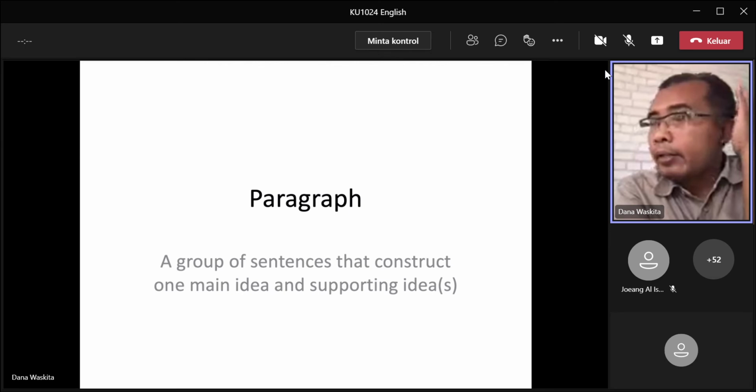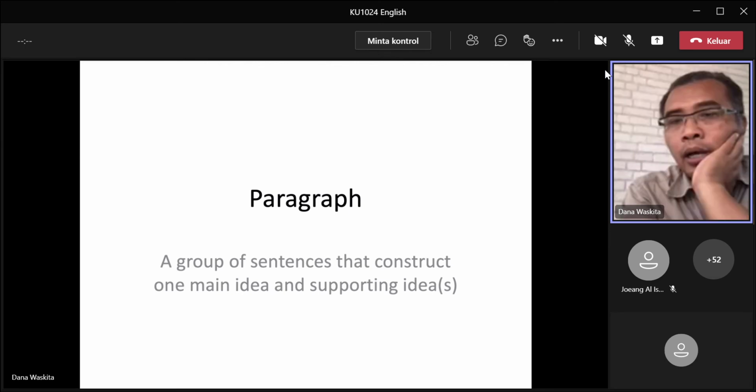And of course, then it must be supported with other sentences, or other ideas. That's what we call the supporting idea. Why should there be supporting ideas? Because if we write only one sentence for a paragraph, it can cause misinterpretation. For example, if I say that living in Bandung is very difficult,